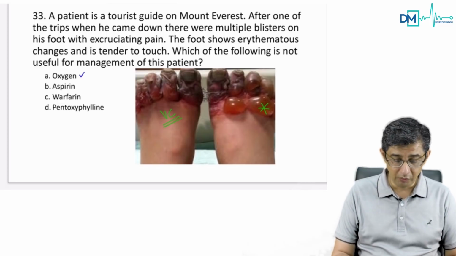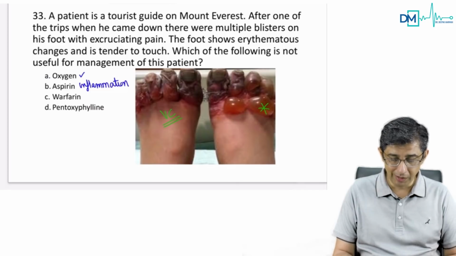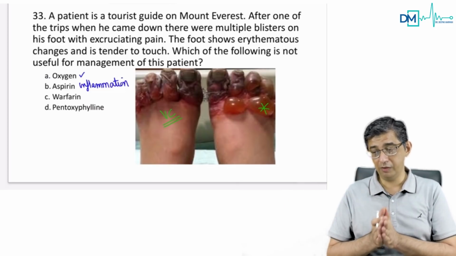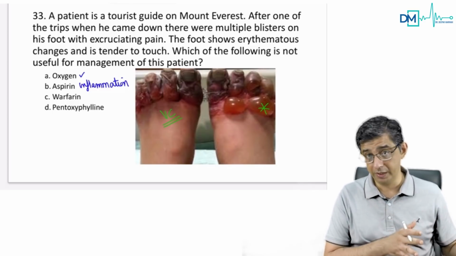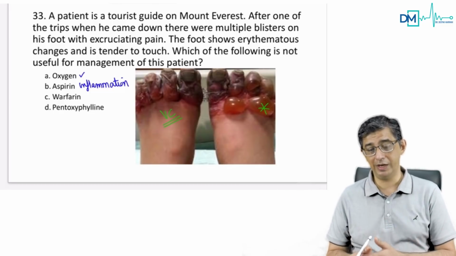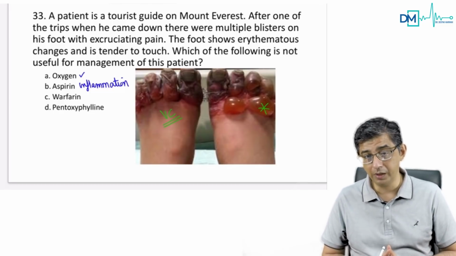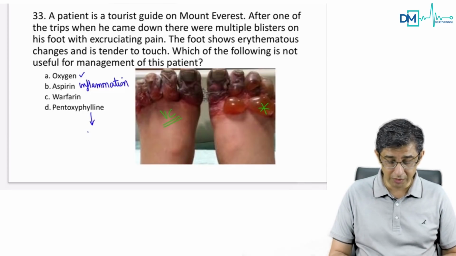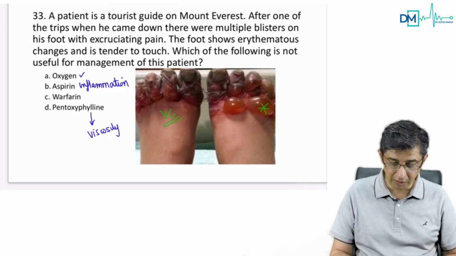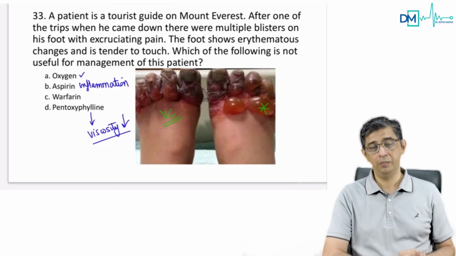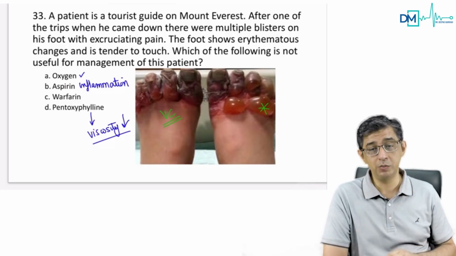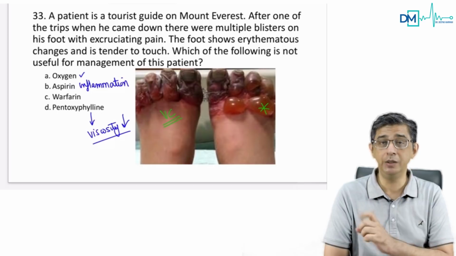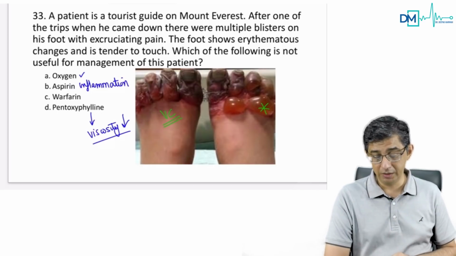Aspirin, well, I want to cut down the inflammation part. I want to cut down the pain component. So if I am at a peripheral hospital and I don't have, let me say, tramadol, I don't have access to opioids for killing the pain, at least I can give aspirin that will cut down the inflammation component and the pain component. Pentoxifylline, guys, what it does is it reduces the viscosity of blood. When I was discussing this in the Zoom meeting with my prep students, a lot of them were saying, sir, viscosity reduction is done by aspirin. No, aspirin, man, is an antiplatelet drug. It is not an agent that reduces viscosity.